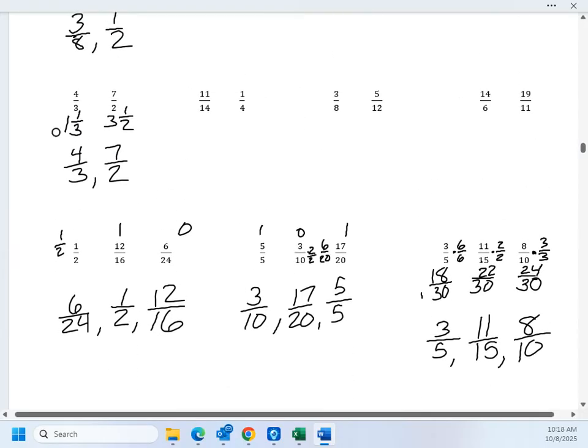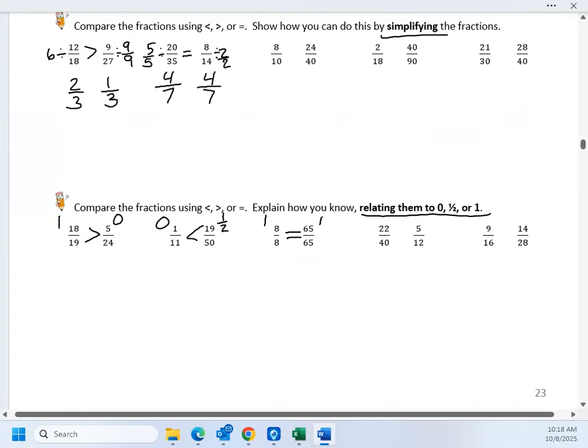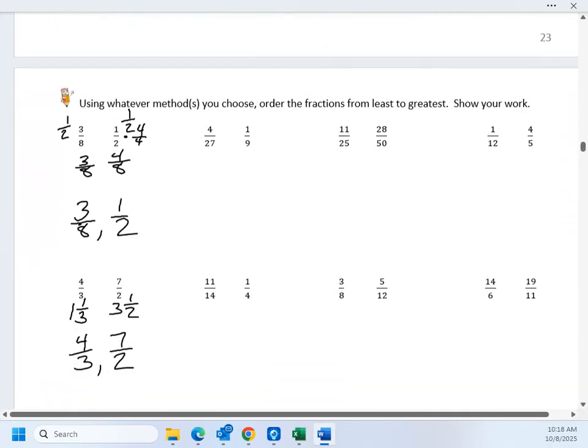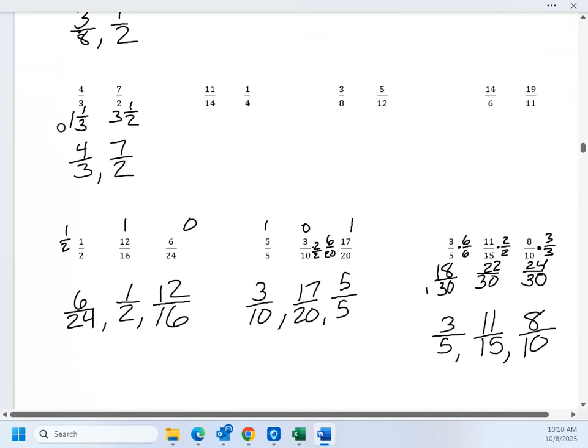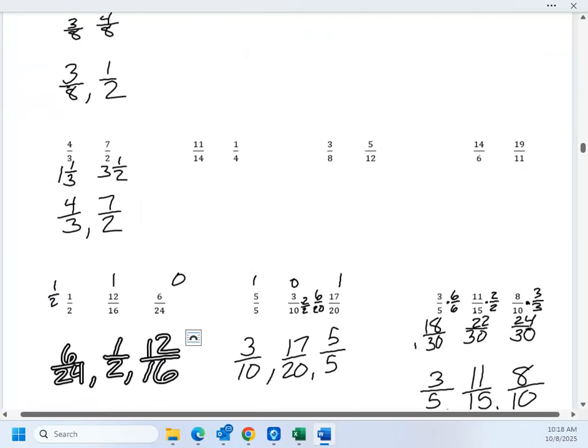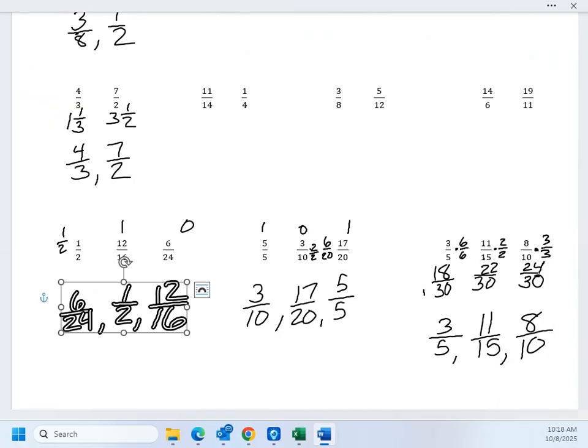So we did this whole row together. We did some of these, we did some of these. So you have work time to work on finishing this page. So calmly and quietly, keep working on finishing our page, or both pages. Don't forget, you have work on the first page and then go to the second page. If you want to check your answers, come on up. If you have questions, something's not looking right, come on up and check with me. If you finish,